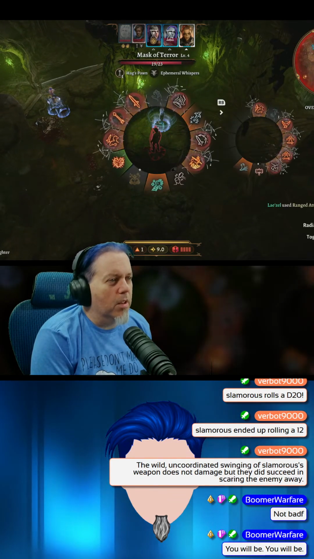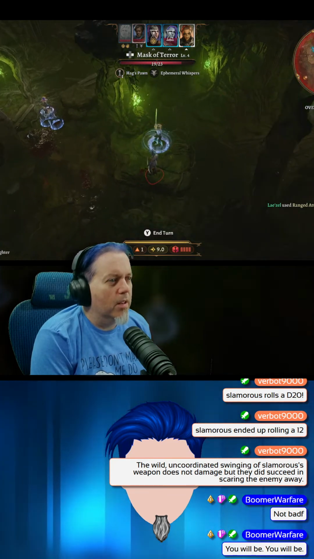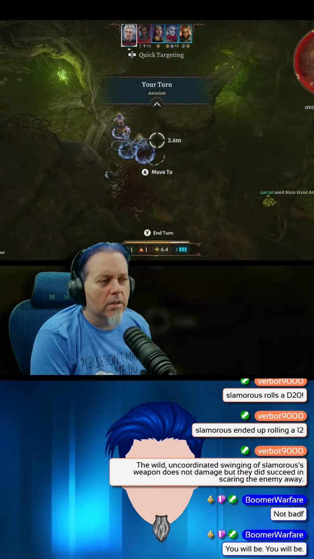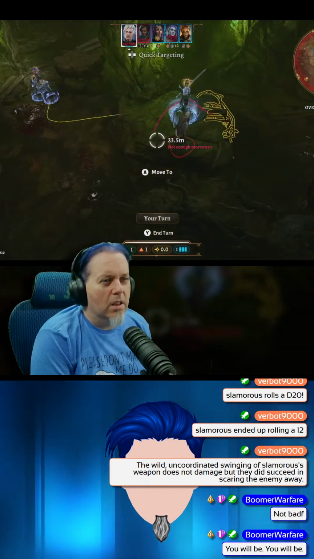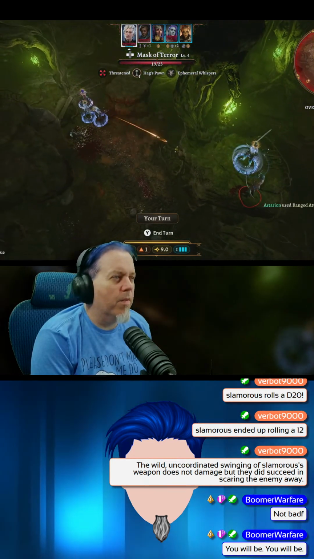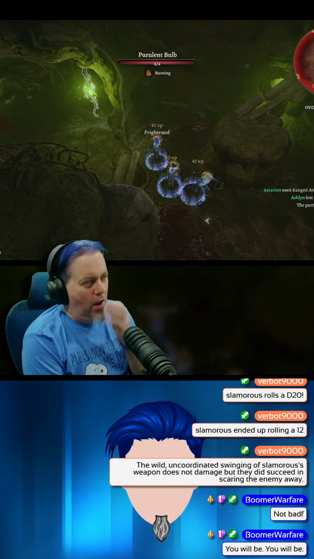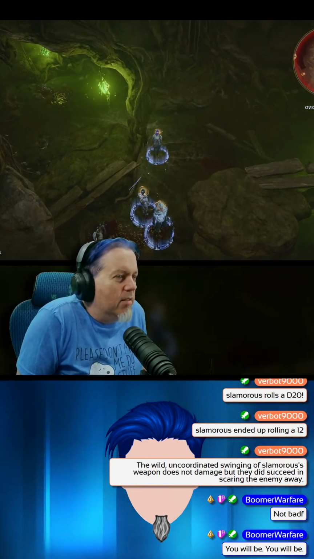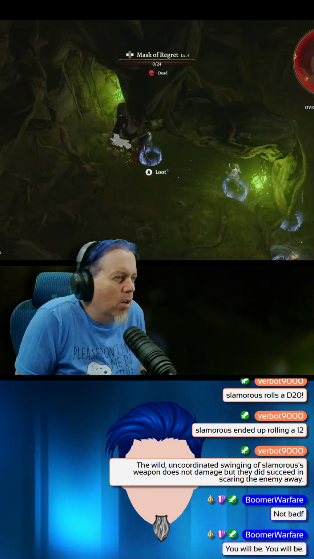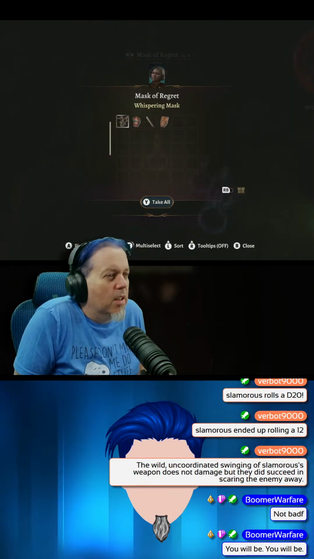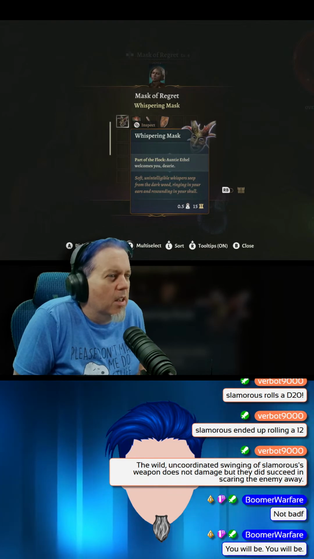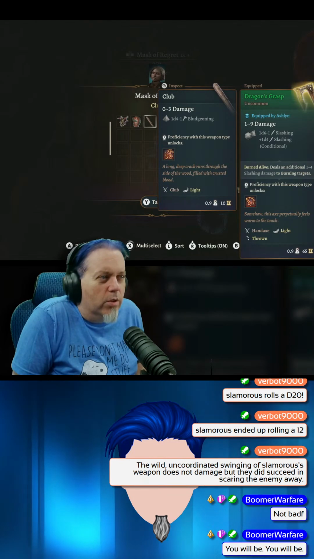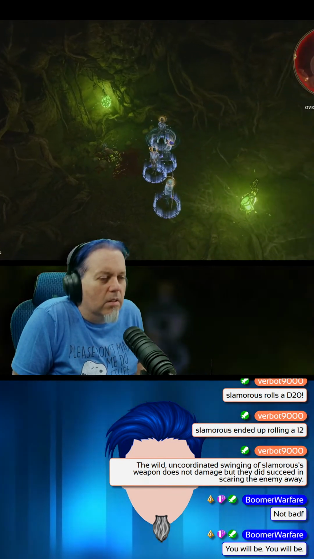Oh, that's not what I forgot to change over to a weapon. Oh, apparently he moved. All right. Everyone is dead. How appropriate. Yeah, I don't want anything to do with any of those masks.